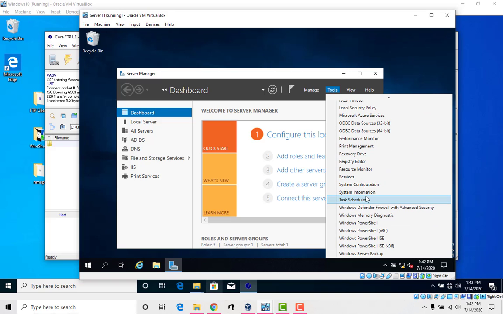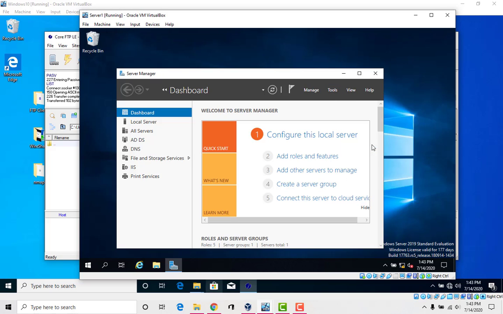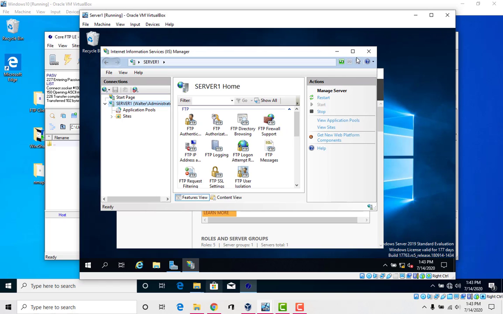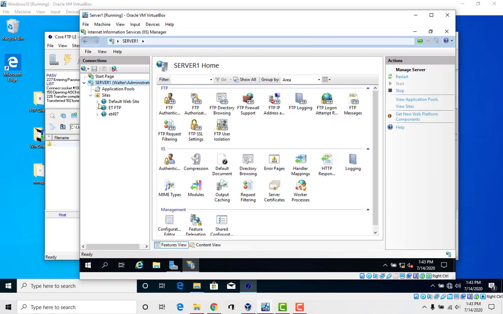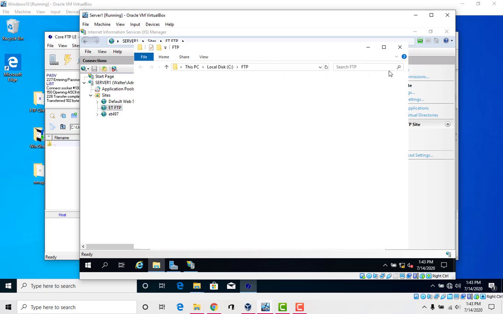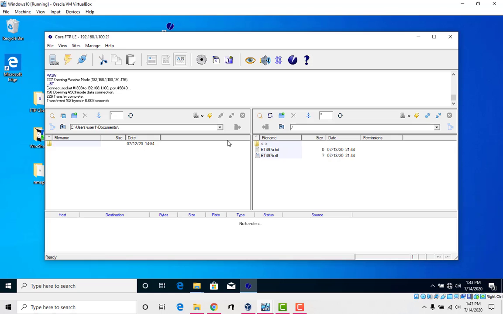It should be Internet Information Services, and one of the sites is our FTP server. And so you can look at the basic information and what we have under that FTP folder, which are those 2 files. So now we're able to access them on our Windows 10 machine through here.